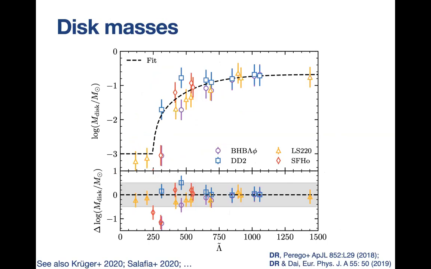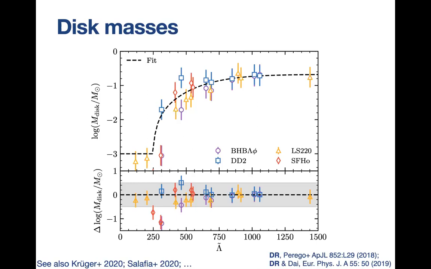We think we understand these processes relatively well, and this is why we dare to fit the accretion disk masses with parameters of the binary. It turns out that at least for comparable mass ratio binaries, and here by comparable mass ratio, I mean up to mass ratio of about 1.2, this is where we pushed our simulations in these older works, we find that accretion disk mass correlates strongly with properties of the binary, and in particular, it correlates strongly with the tidal deformability of the binary.